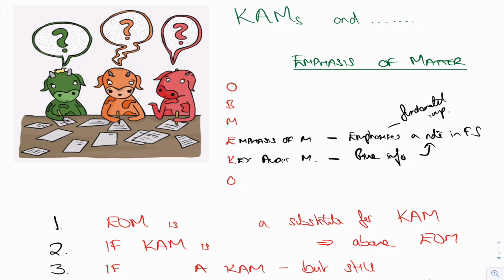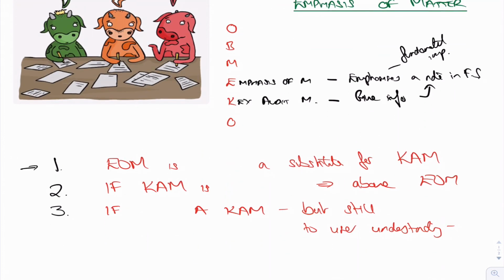All right, so coming down to here, look, number one, 3 points I want you to remember. An emphasis of matter is not a substitute for a key audit matter, because a key audit matter, you give more information, you say why it's significant, you say how you dealt with it. And if the key audit matter is fundamental to the user, which is what emphasis of matter is, then it should go above there. Okay, you wouldn't put it in both. If it's fundamental, you'd put it in the key audit matters and it would go above any emphasis of matter.